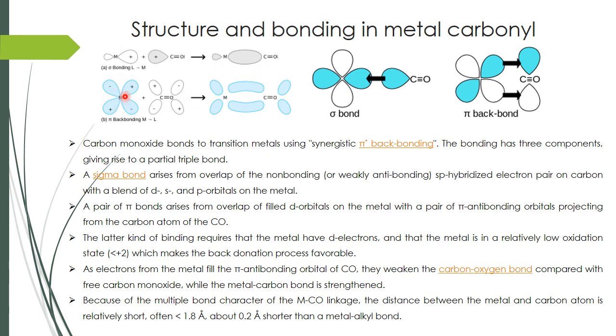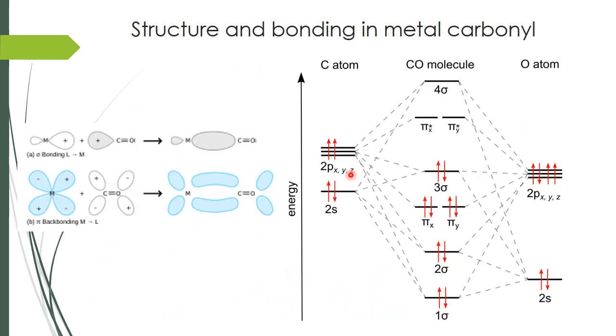To make the metal atom neutral, the metal atom will start giving electrons back to the carbonyl group. Once it starts giving the electron density back to the carbonyl group, the electrons start filling the anti-bonding molecular orbital level, that is pi star anti-bonding. For example, this is the carbonyl molecule, the CO molecule.